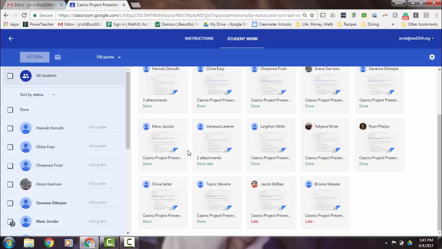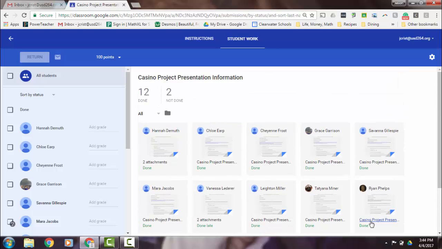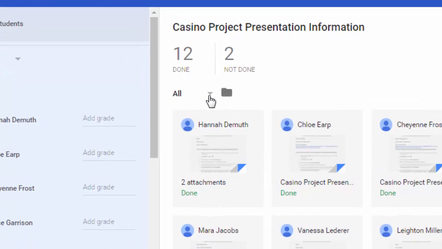There are also some additional notifications you could see here. You see that this particular student was done, but it was turned in late. So you could apply whatever late policies you have to that particular class. Also at the bottom, you'll see that these 2 students have not turned in their assignment yet and thus are denoted with late. Under that All menu, you can select and choose to see only the students that are done